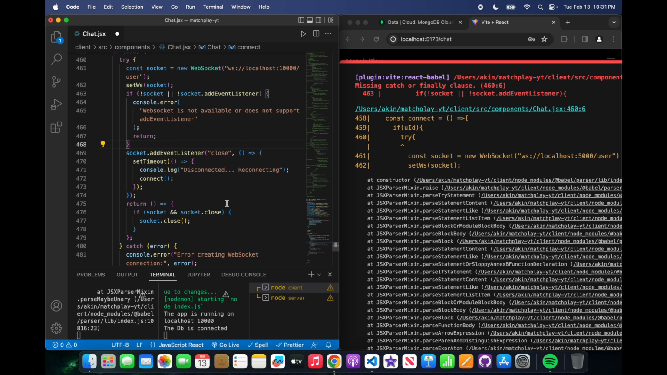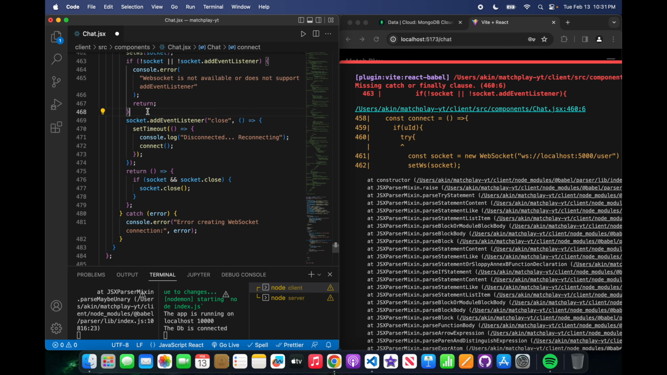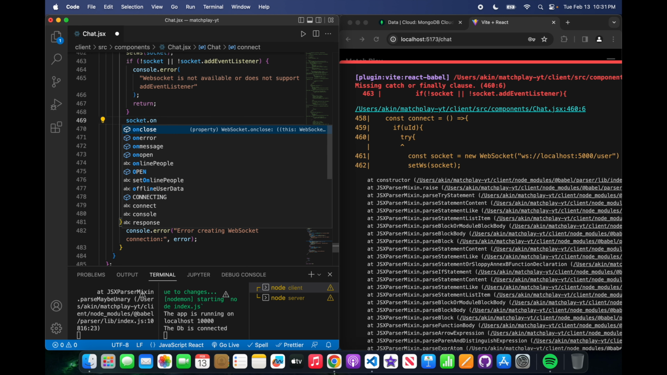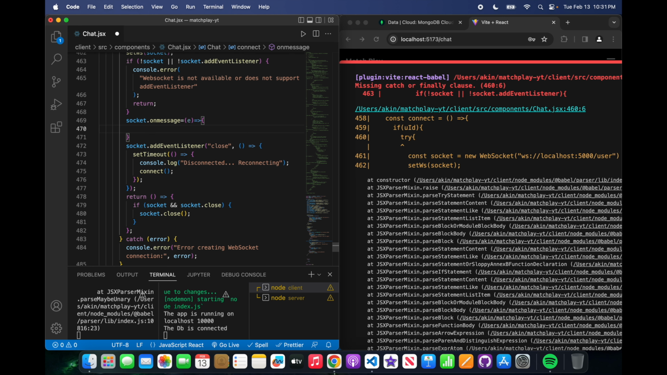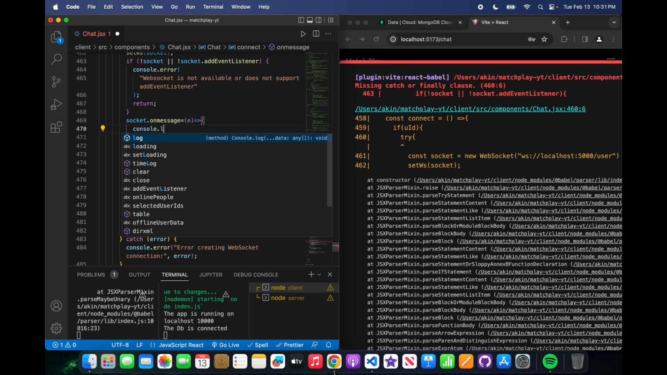Yeah, I believe that's all we did. So here, that's fine. Okay, so here we have the return, and we have socket dot. Here should have socket dot onmessage, and we should say is equal to e. And now we can say console.log. So we're just adding this onmessage, console.log,